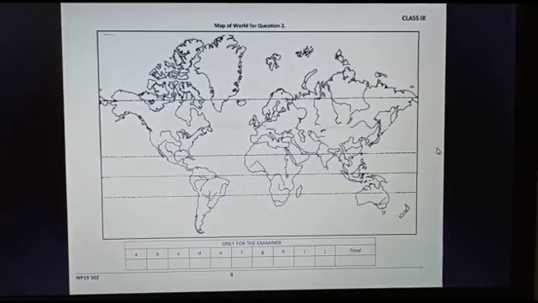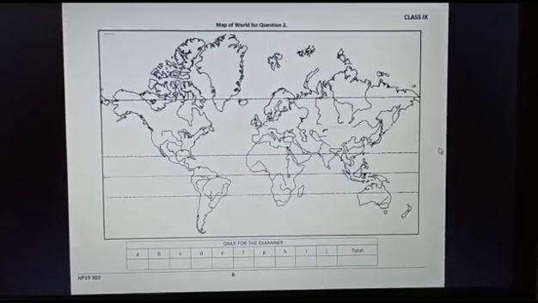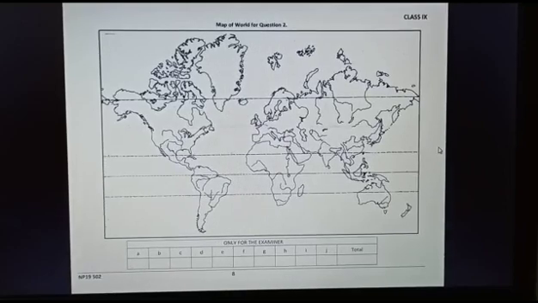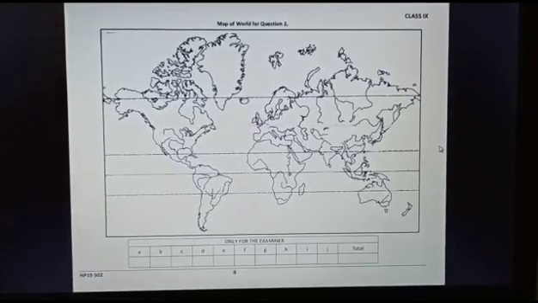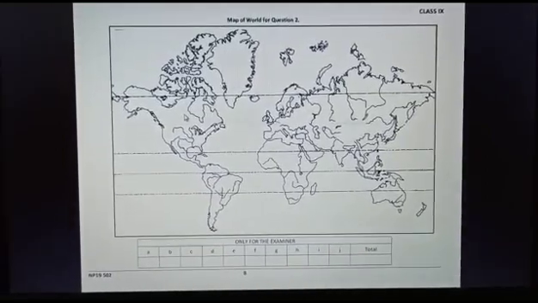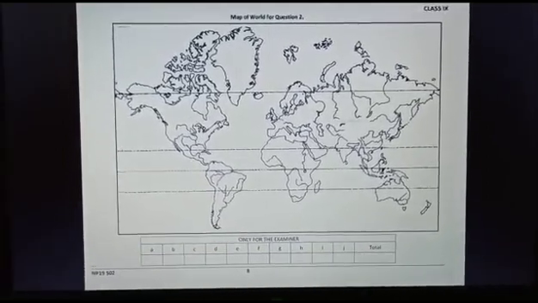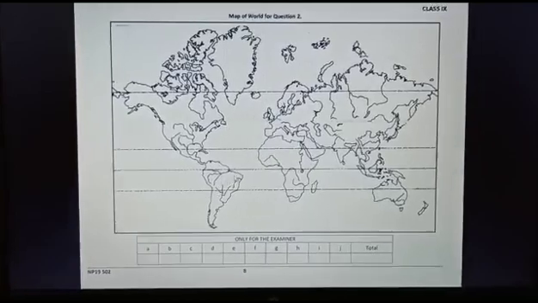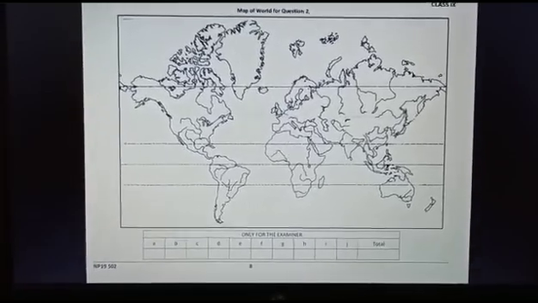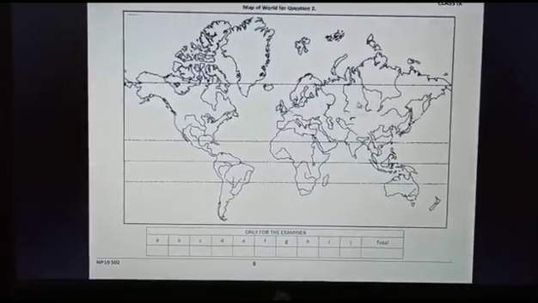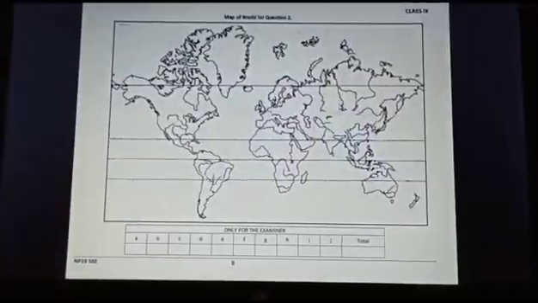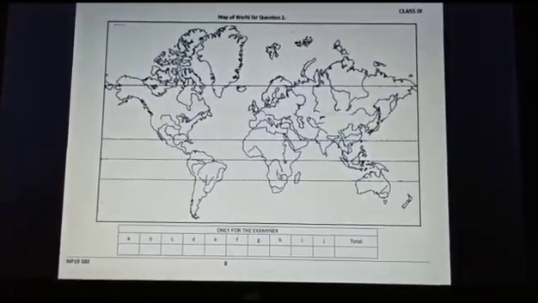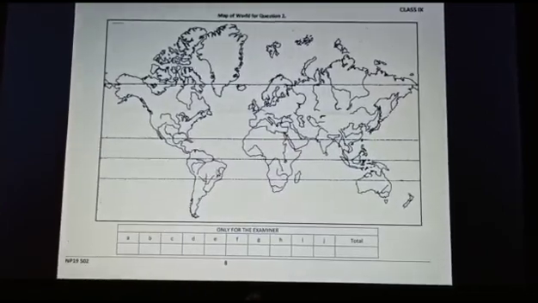This is the actual map you will be getting for your exams. Since class 6 to 8, you have studied about the continents separately. But in class 9, you have to work on the world map as a whole. You are already familiar with the continents. This is North America, South America, Africa, here is Europe, Asia, and Australia. On each of the continents, you will see these type of nerve-like structures.